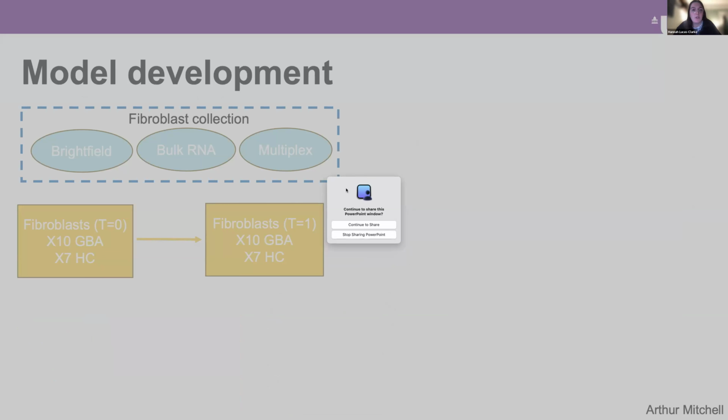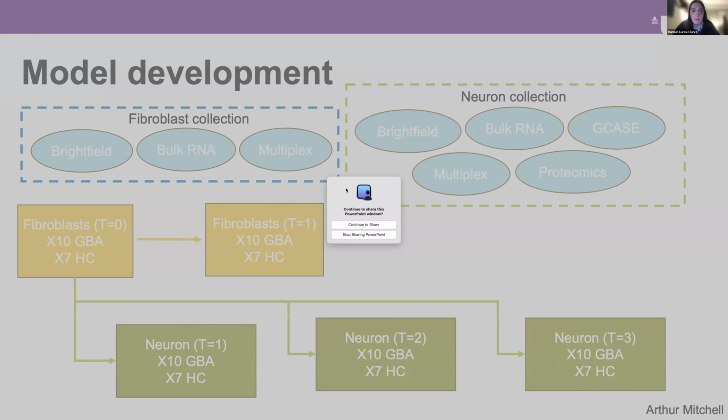And we were planning to collect from fibroblasts bright field images and multiplex images of the mitochondria and the lysosomes, and collect this at 2 different time points, just to make sure if passage number and the age of the fibroblasts in the dish will matter. And then we're going to perform transdifferentiation and collect from the neurons bright field and multiplex images, as well as transcriptomics, GCase activity, and proteomics. And then we're going to plug all of this into the models and then also treat the cells and see how the models can predict cells that have been treated versus cells that haven't been treated.